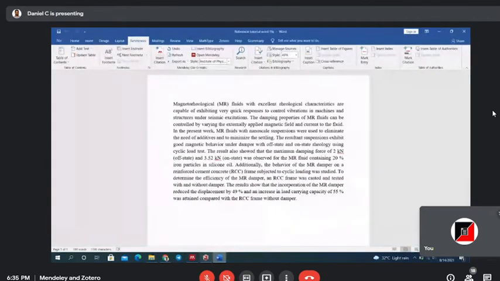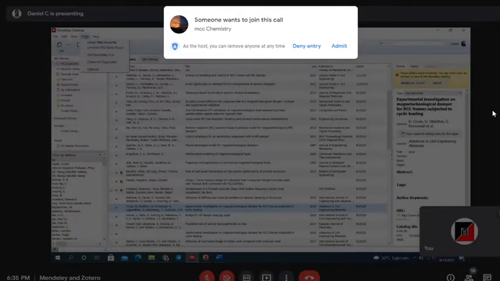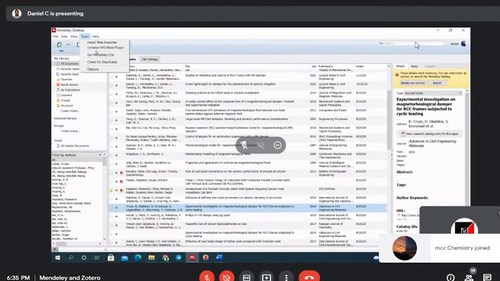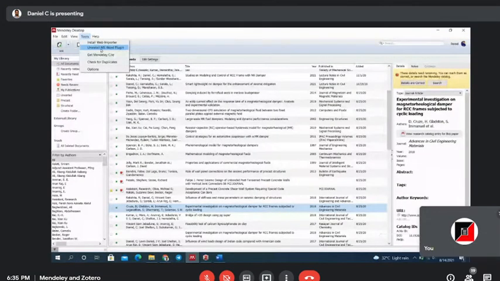If not, click this tools option. Here now it is showing uninstall, but for you it will be showing install. Just click it and install it. Okay, web importer, I think you will be having that, because web importer is mainly for collecting articles into the library when you are browsing the internet, browsing articles in Google Scholar or various search engines. If you want to add that article, you can use this web importer.